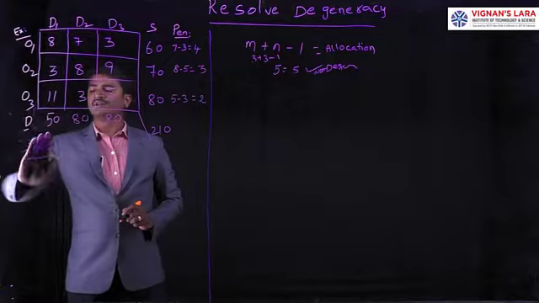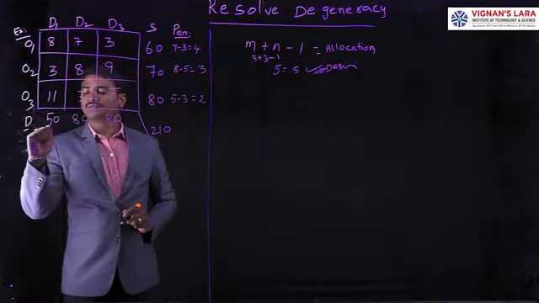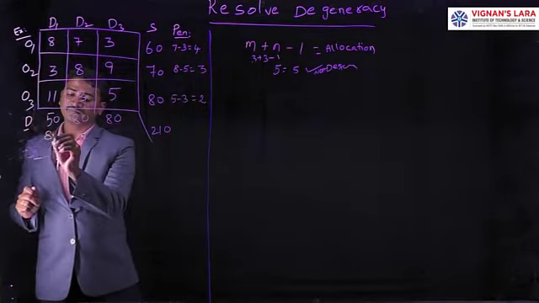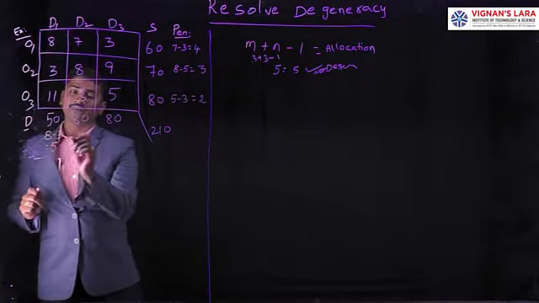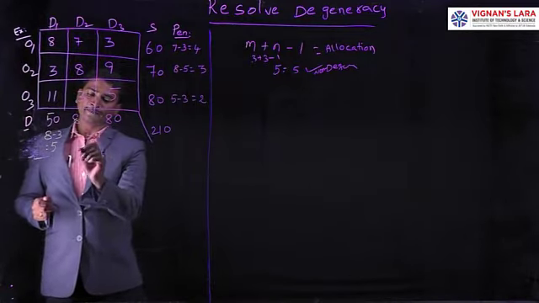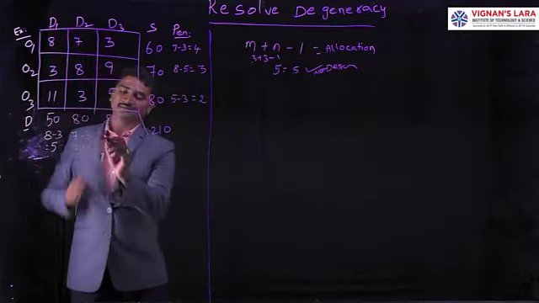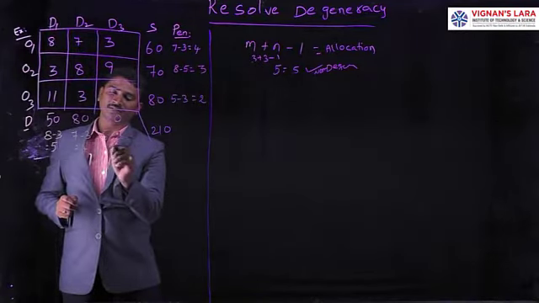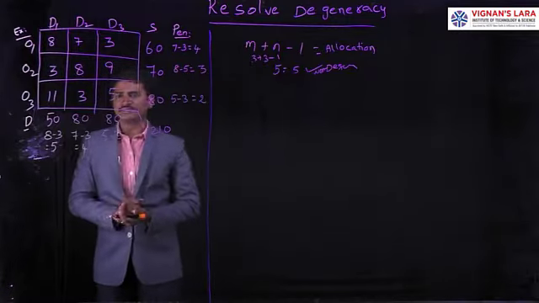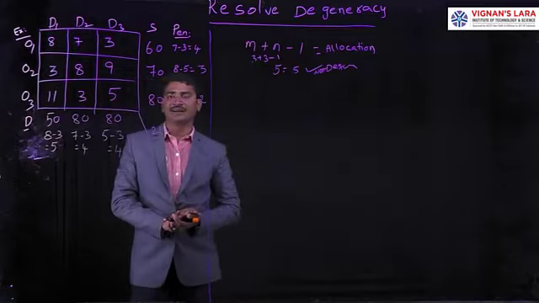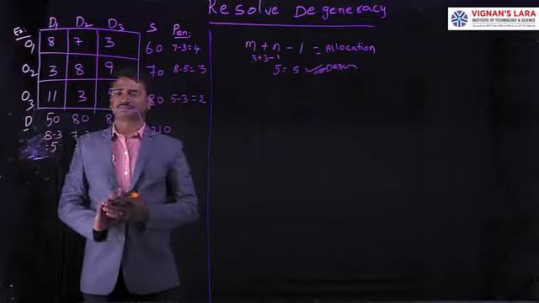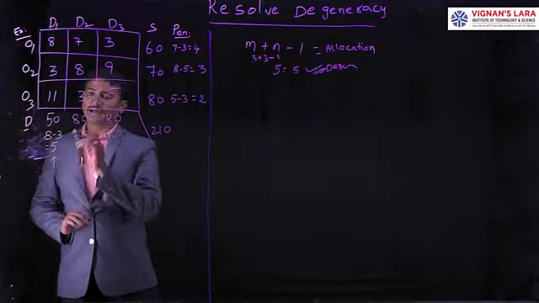Likewise, we have the columns. In these columns we are going to find the penalties. First, the least costs are 8 minus 3, that is 5. Next one is 7 minus 3, 4. Next, 5 minus 3 is 4. These are the penalties. From these penalties we have to identify the highest penalty. Which one is the highest penalty here? The highest penalty is 5.